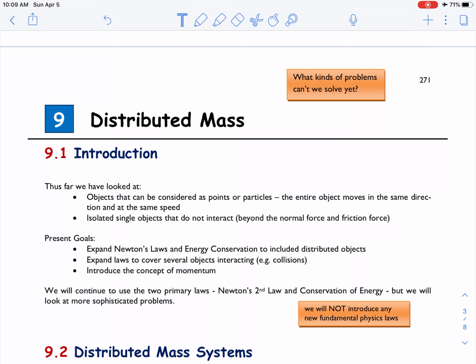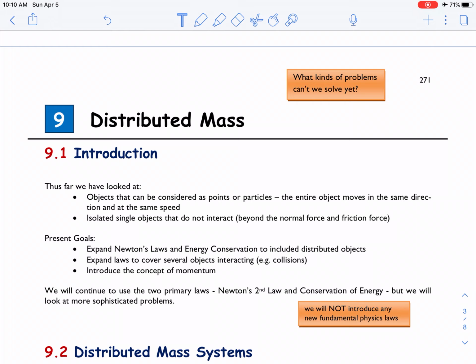So first of all, this is chapter 9. It's distributed mass. Some of the things in this chapter I'm planning to skip because chapters 10 and 11 are much more important for your engineering career. So I want to emphasize those more. And again, I'm still working on eliminating some of the things that are not as important. Just keep that in mind. I'm not exactly following the schedule, but so far we are pretty much similar with what we have on the